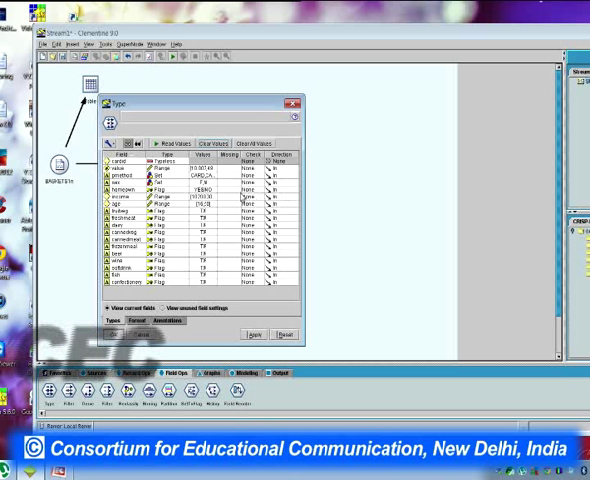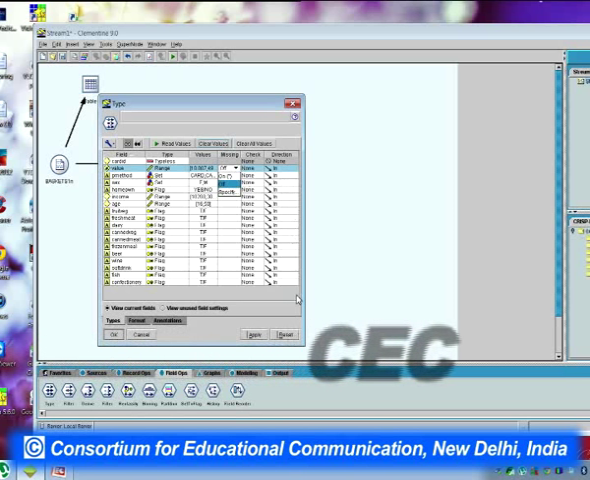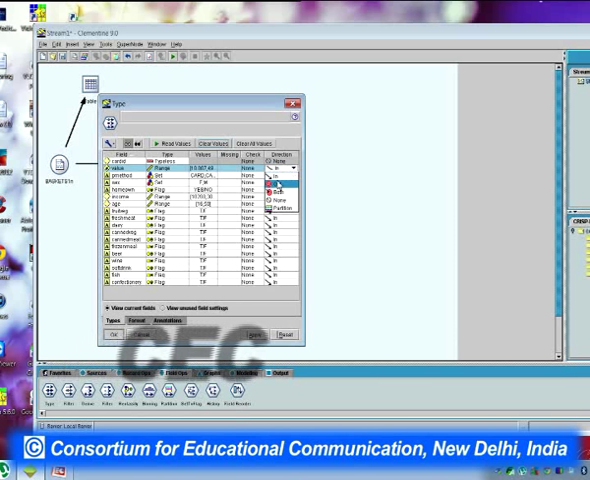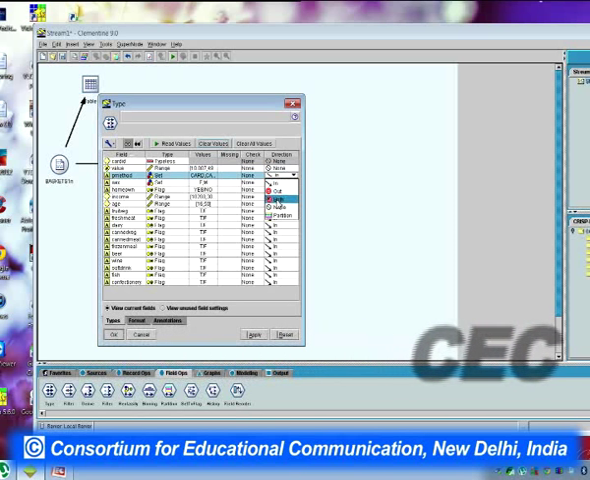So what we will do is, from the first cell up to the last cell, just a minute, we will define the variables, and